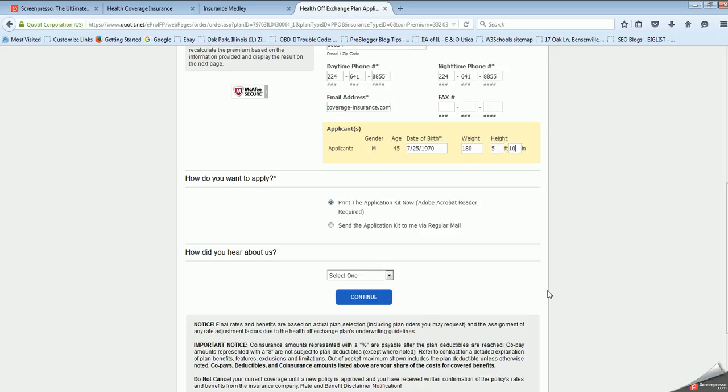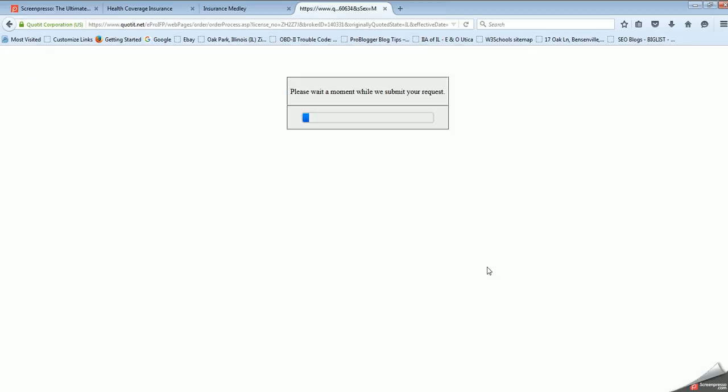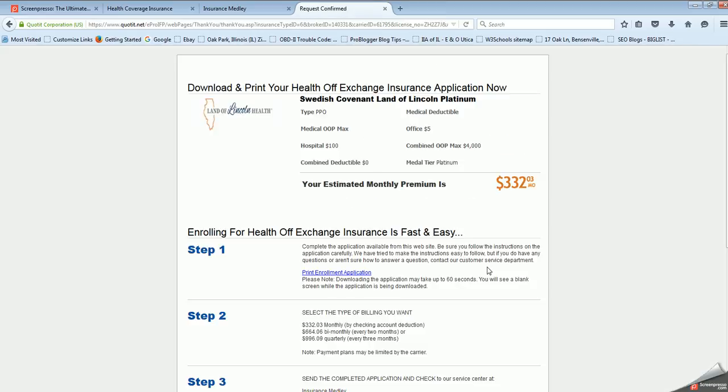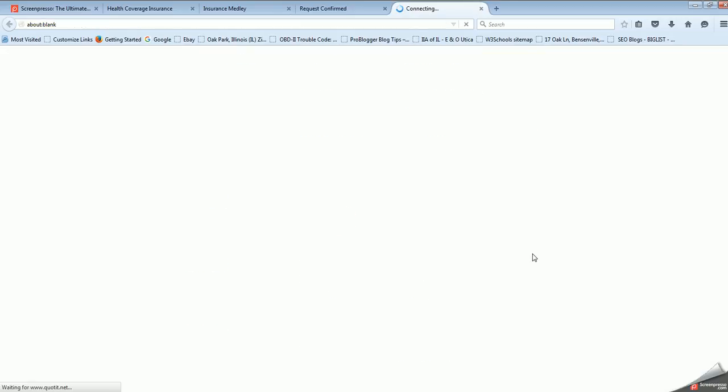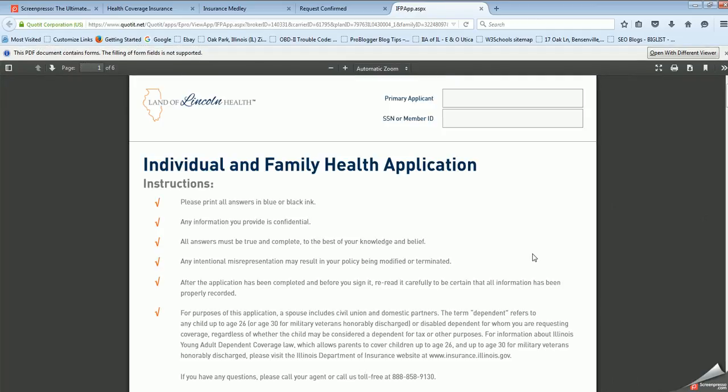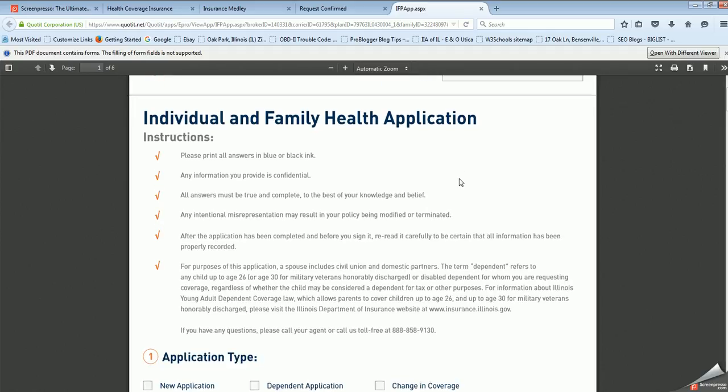So once we've filled out all this information, we just hit continue, and a little page will pop up with some general information, further information, and then you just hit print enrollment application. We will also get a notification, but just to give you a rundown, the reason why an application will ask for your social security number is so that they are able to track you through the process of underwriting.